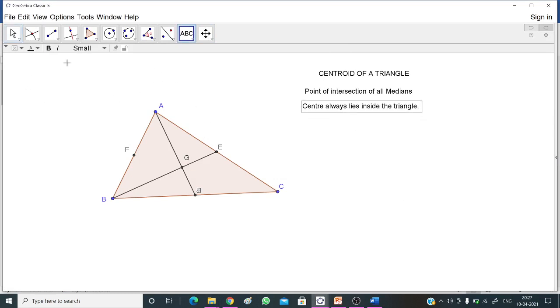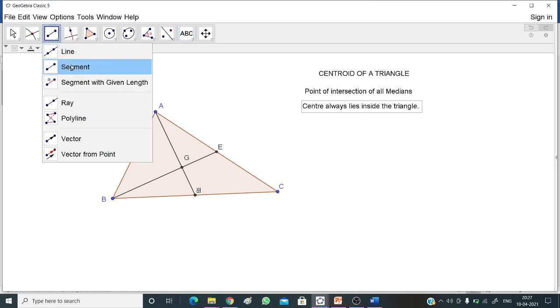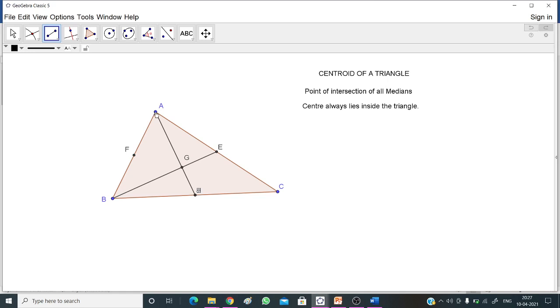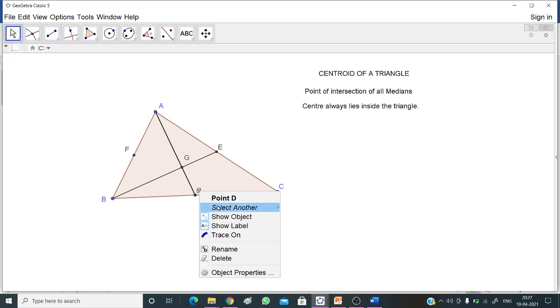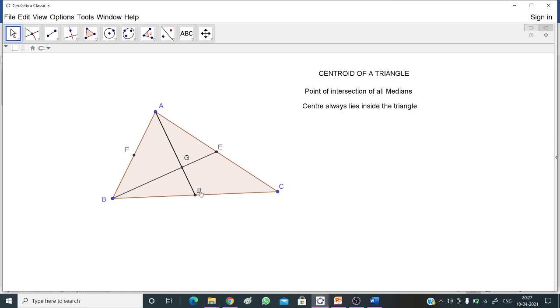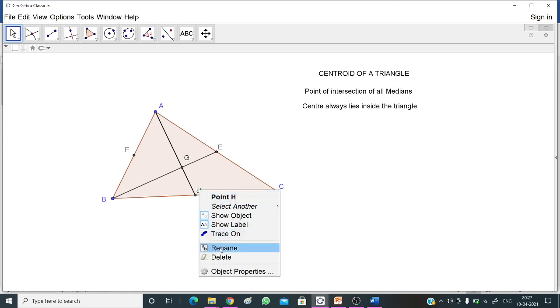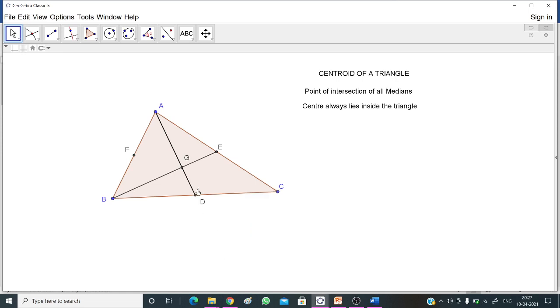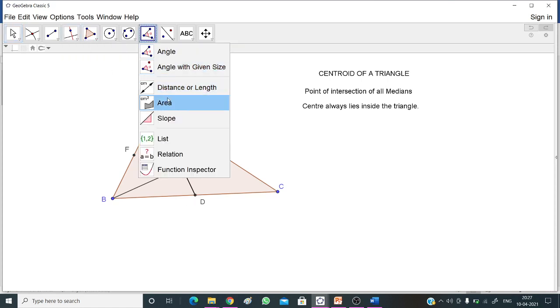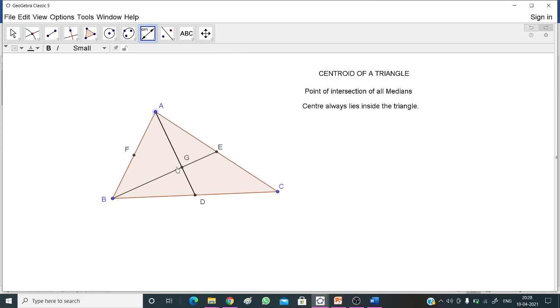Now, to verify the ratio, take a line segment and join AG and GD. Measure the lengths of AG and GD.